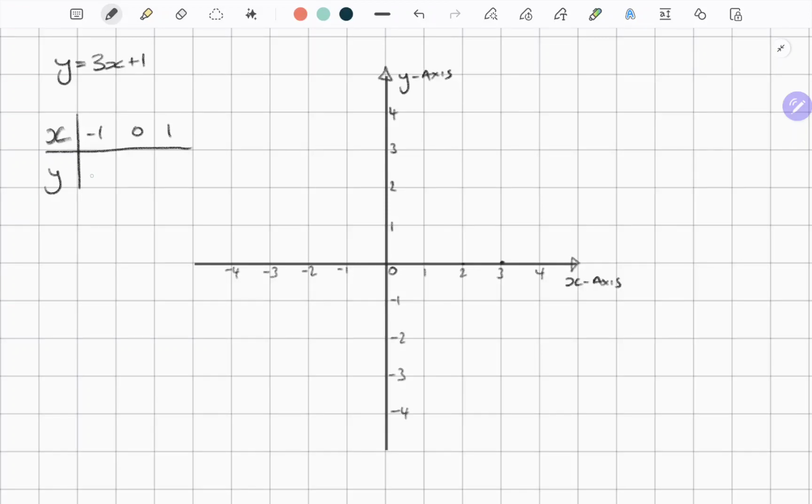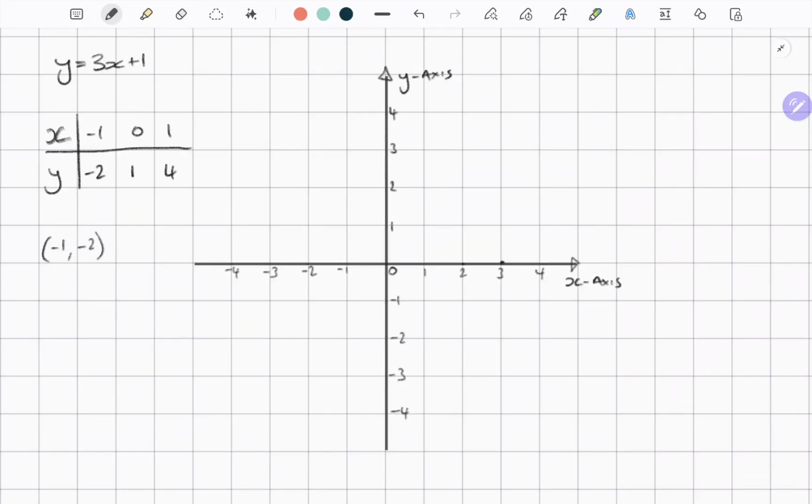So when x is -1, this will give us -2. When x equals 0, that gives us 1. And then when x equals 1, that gives us 4. So that gives us the coordinates then. Let's write these out. We would have